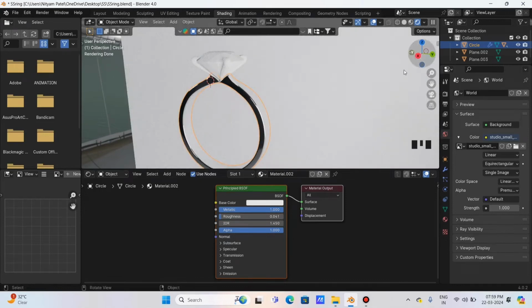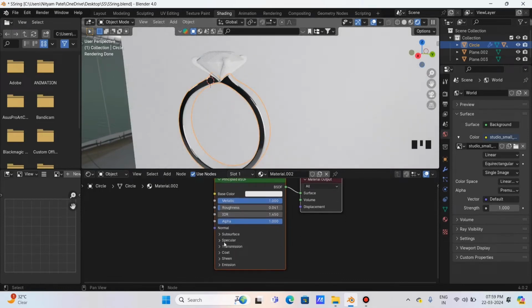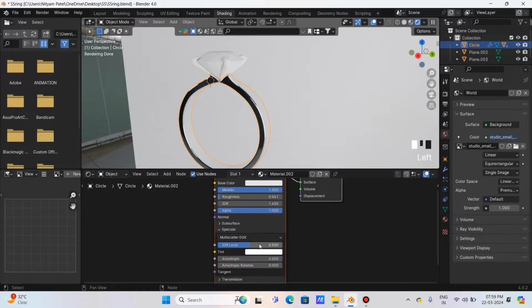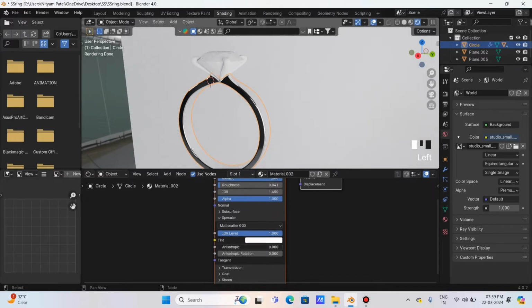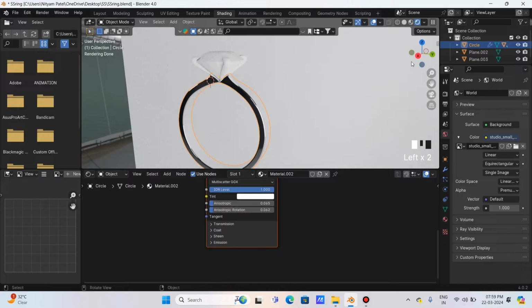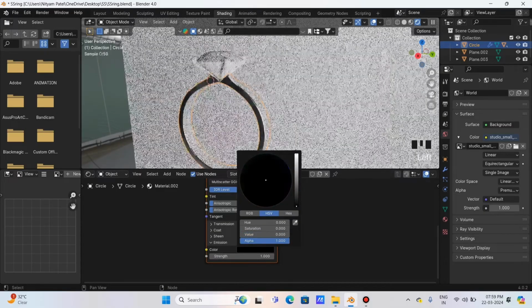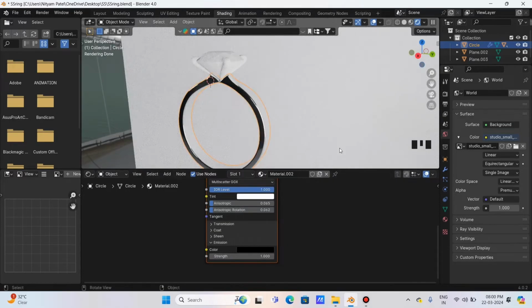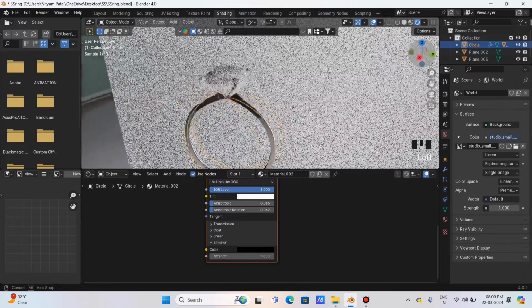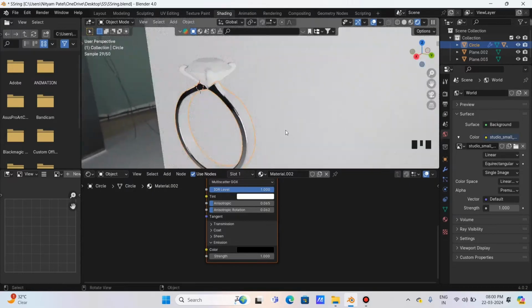And for the reflection of light, here I increase the specular value, so select the specular and increase the IOR value to 1, and also slightly increase the anisotropic and the rotation value. And here change the emission value to 1 and bring down the color to like black. So now the body of the ring looks like it is made of steel,